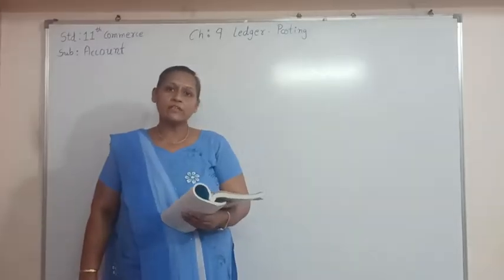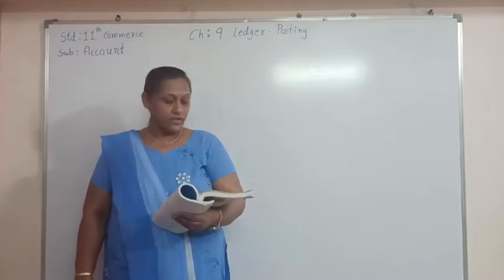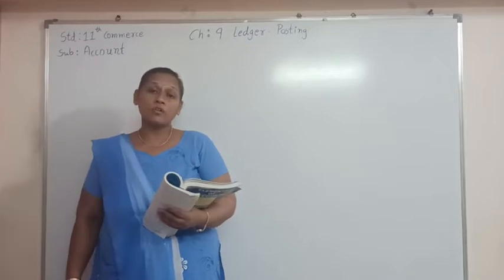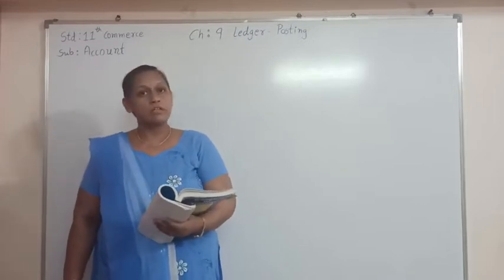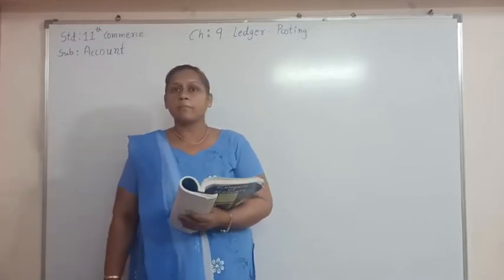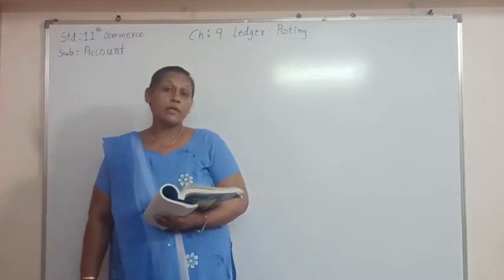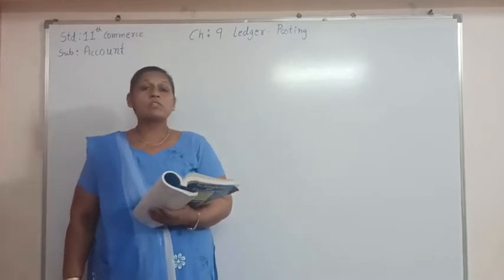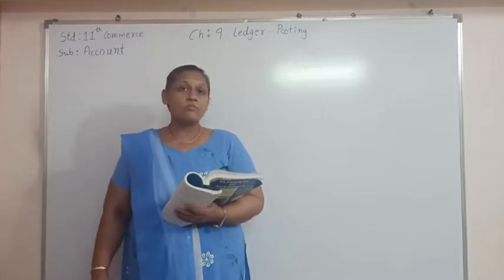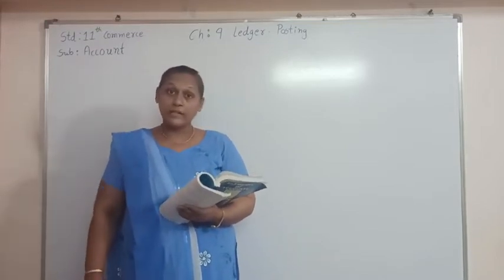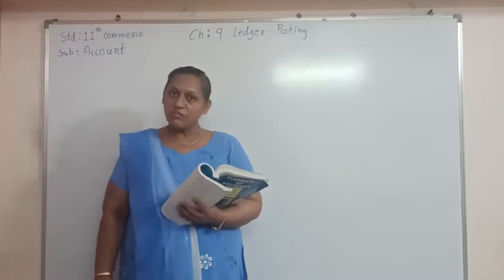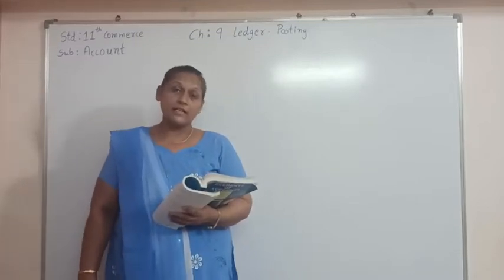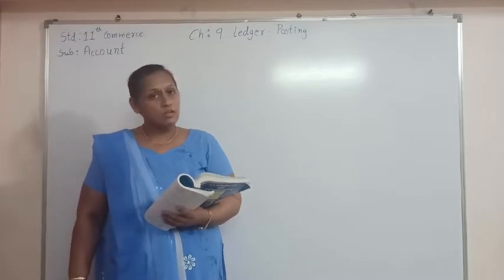See, utility or advantage of ledger. So here, when we are preparing a ledger, we are not just preparing it for the monetary receipt or payment. When we are preparing a ledger, we can come to know the financial position of the business. From the ledger we can take decisions on the future policy of the business, and that's why the ledger is called king of the books.